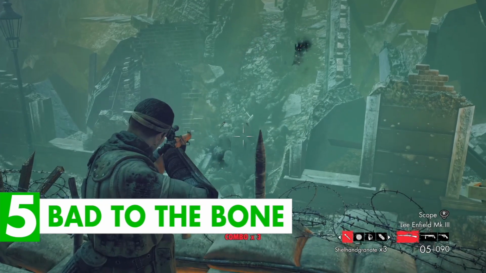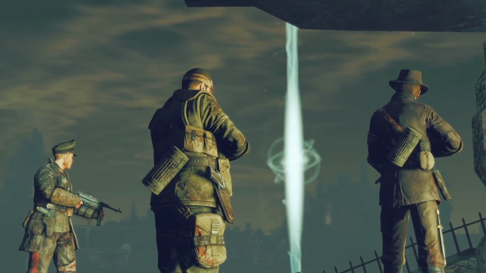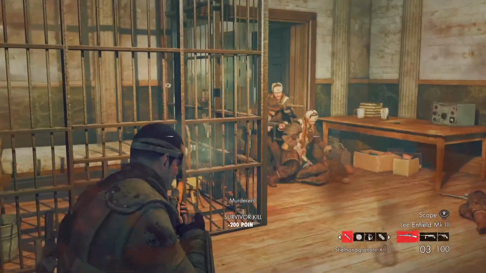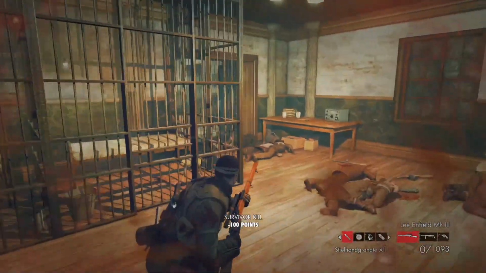Number 5, Bad to the Bone. Sometimes survivors can just get on your nerves and they need to be dealt with. Well, lucky for you, in the City of Ashes, once you reach the operations center, you will see a whole building full of survivors, and rather than allowing them to continue existing, kill all of the survivors to get a